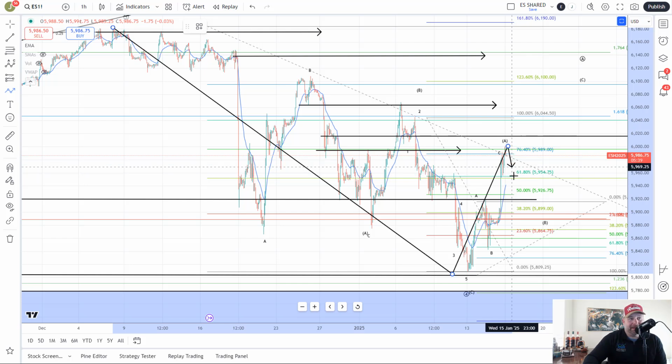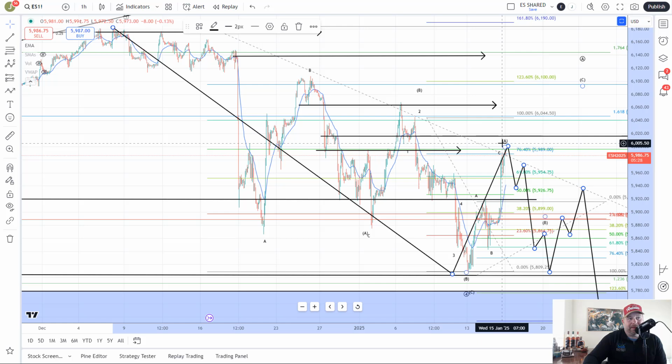In that case, you'd be looking at 1, 2, 3, 4, 5 into the lows to get started. Then you'd look for a bounce off the lows and then the breakdown. So in this case, you'd want to see a five-wave move down that challenges the lows. You'll very likely get rejection here, but it should be a corrective bounce. And then you'd look for another strong move to the downside that breaks through our blue box below and continues on